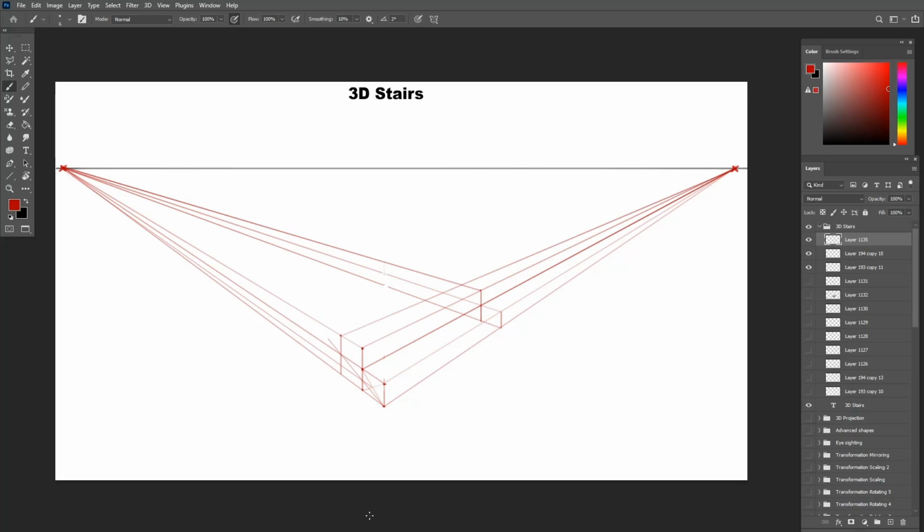You can also use divisions for the whole staircase at once if you want as a third method. I do the same again for the third step.